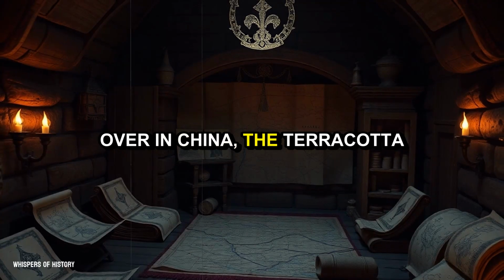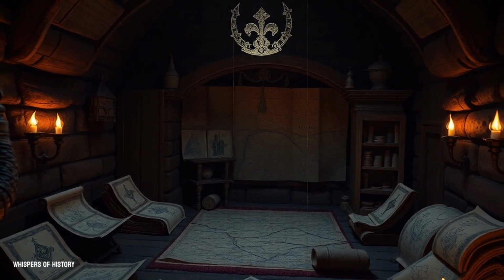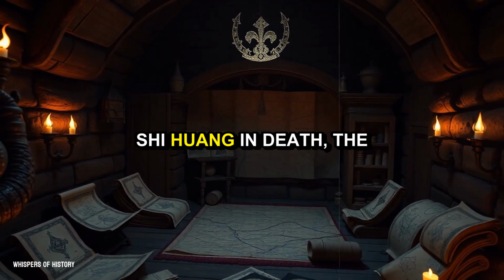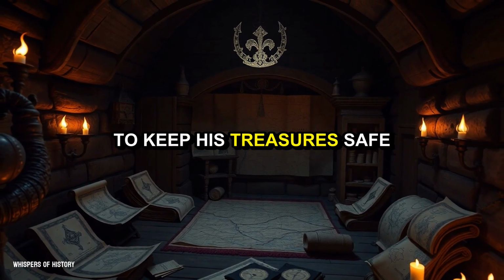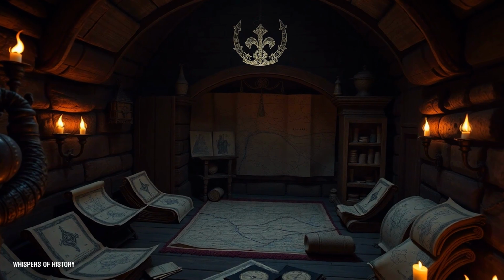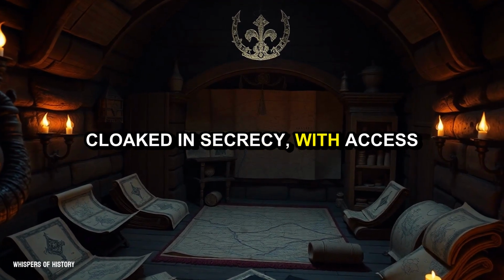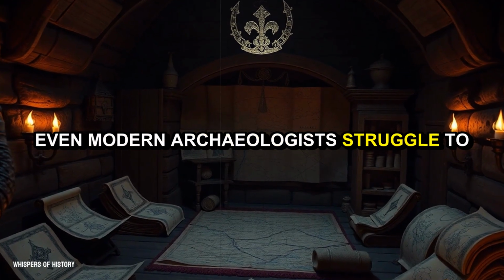Over in China, the Terracotta Army site reveals its own network of hidden chambers. While the army itself was crafted to guard Emperor Qin Shi Huang in death, the surrounding underground structures were designed to keep his treasures safe from intruders. These hidden spaces were often cloaked in secrecy, with access points so well concealed that even modern archaeologists struggle to